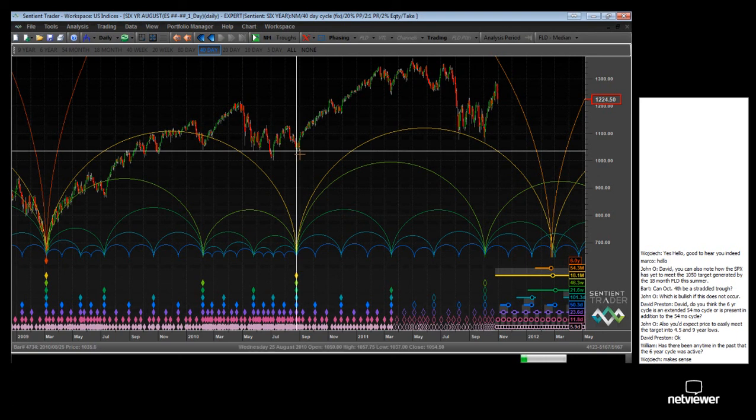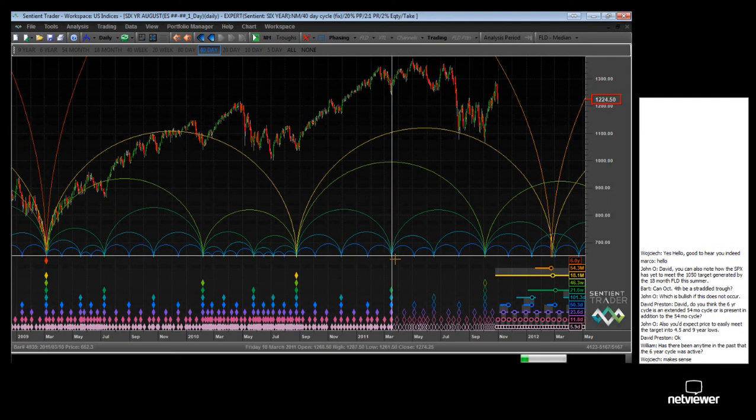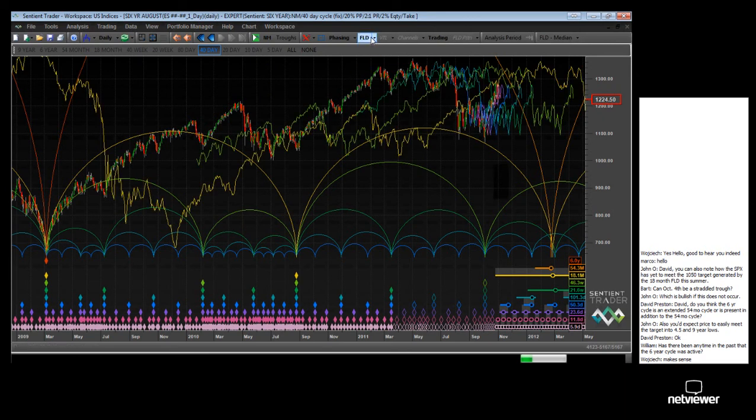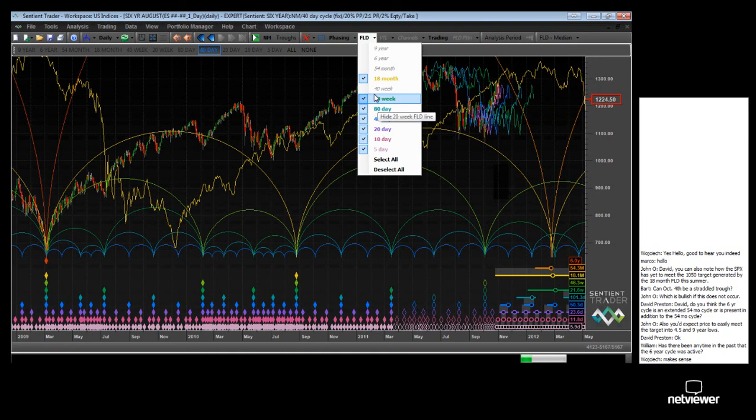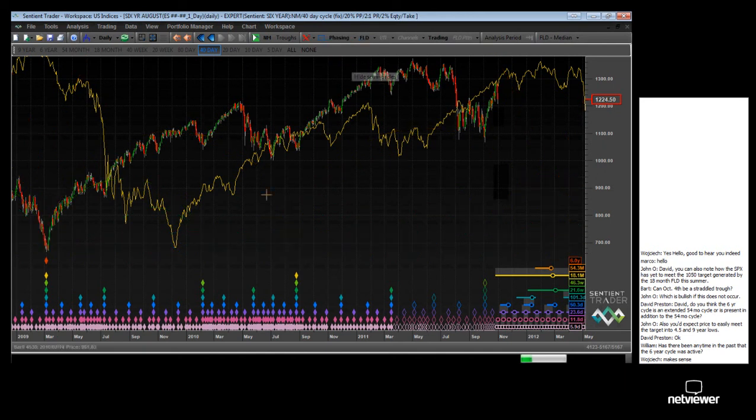He asked, is it possible that the 18-month cycle should in fact be positioned in August of 2010 instead of in July of 2010? It's not as satisfying an analysis if you have a look at it. With the 18-month trough in August of 2010 it is not as satisfying as positioning that trough in July of 2010, but it is a